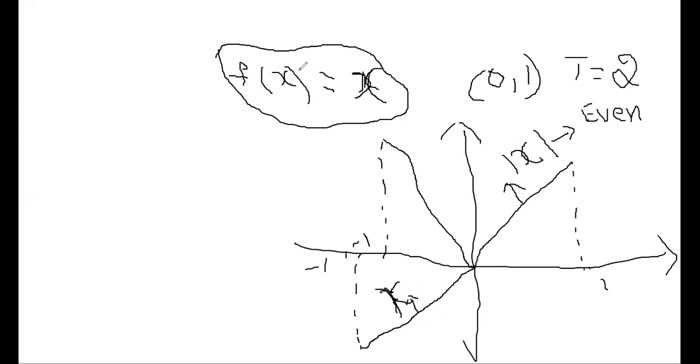So in case they give f of x equals x, you can find the cosine series as well as the sine series. Both are possible. To find the cosine series, you have to consider the mirror image of that curve about the y-axis. To find the sine series, you take the mirror image about the origin. About the origin means the function will definitely be odd, and about the y-axis means definitely even. Is it clear now?